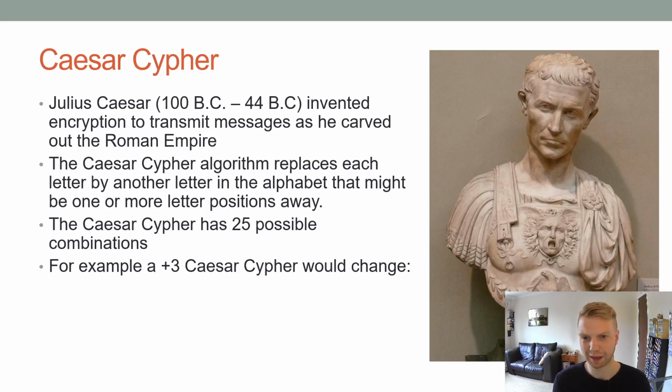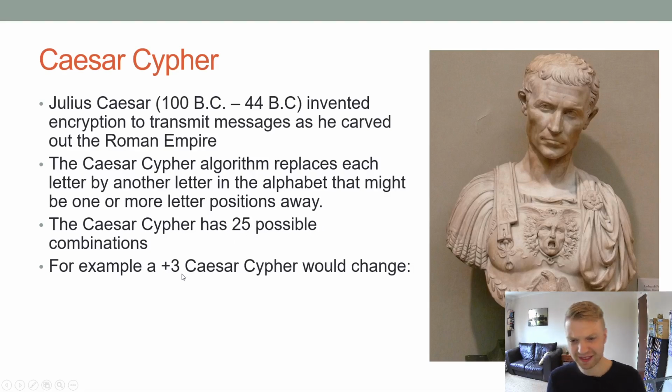Right, we're going to be talking about the Caesar cipher. So encryption is very complicated in computers, and I'll get back to that in a second. But when it was first used, it was used in times of war, and it was Julius Caesar that invented it, and it's quite a basic version of encryption he used, but at the time no one else really thought of it, so no one could crack it. So it has 25 possible combinations. That's 1 combination for every letter of the alphabet. Now I know there's 26 letters in the alphabet. It will make sense why you can't get 26 combinations in a second.